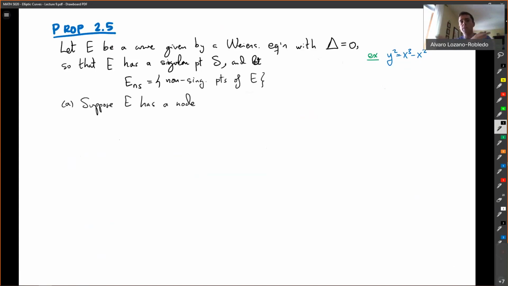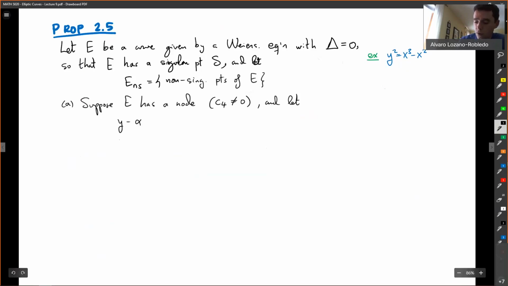So there is a node, meaning there is a crossing of the graph. Then we saw that a node corresponds to the case where the invariant is not 0. And let y equals alpha 1 x plus beta 1 and y equals alpha 2 x plus beta 2 be the tangent lines